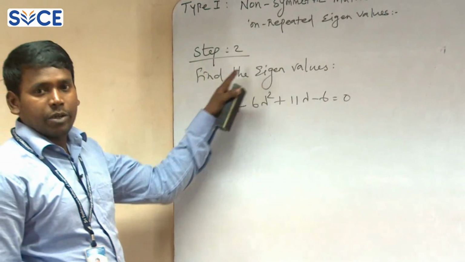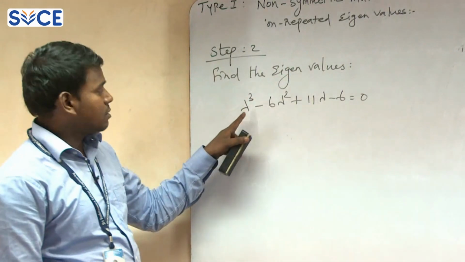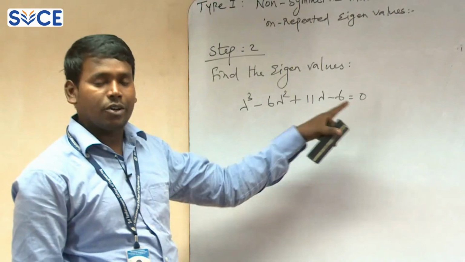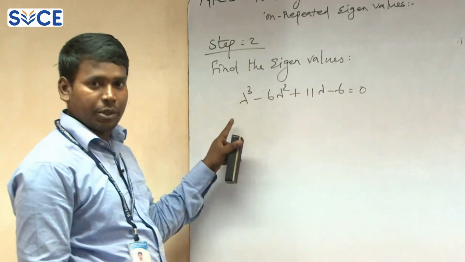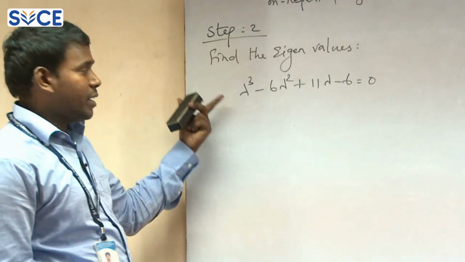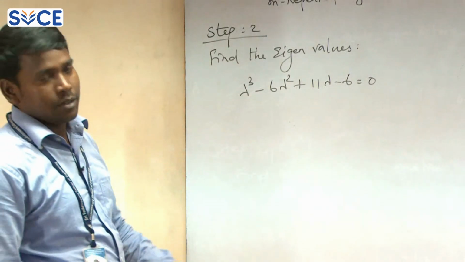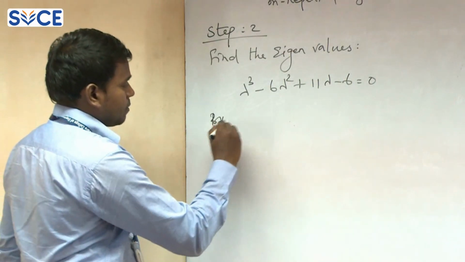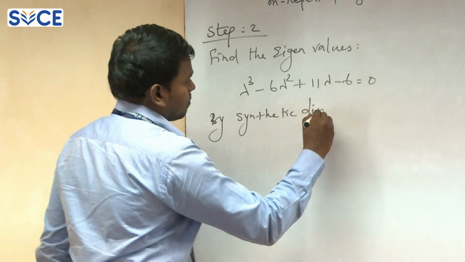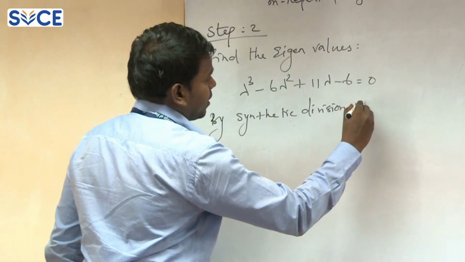Now step 2, to solve this characteristic equation, that is, find the eigenvalues. The characteristic equation is lambda cube minus 6 lambda square plus 11 lambda minus 6 equal to 0. Now we are going to solve this equation. This is nothing but a cubic equation. By synthetic division we can convert the cubic to a quadratic. So now by synthetic division we get,